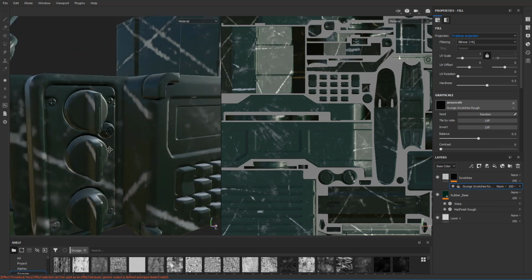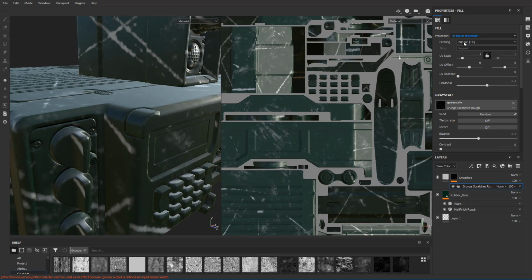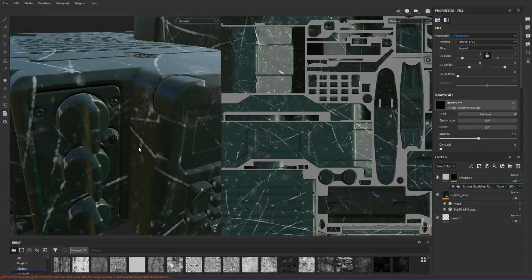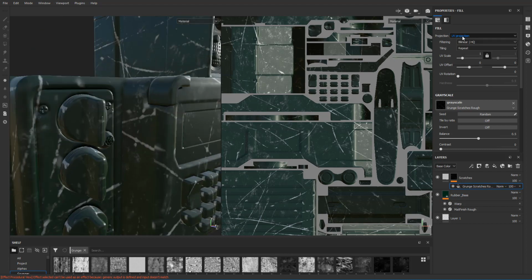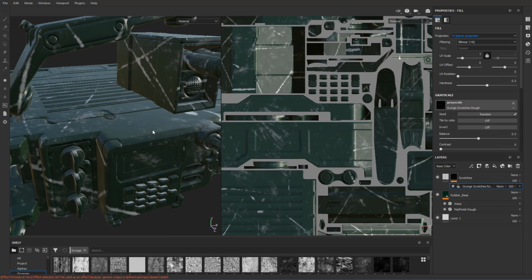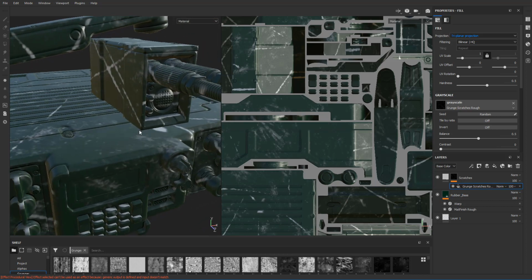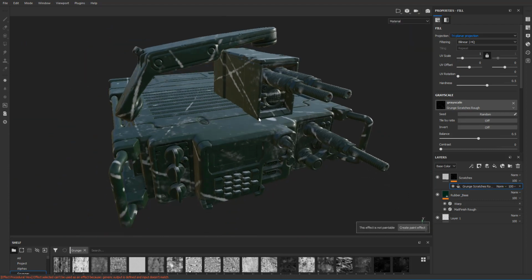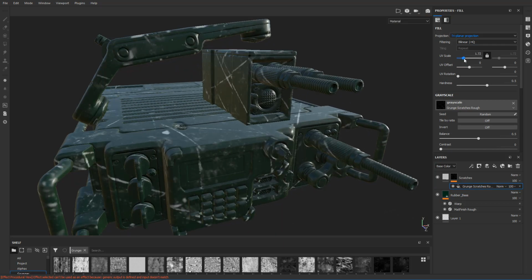Or this one here, but it definitely does a better job than using UV projection, which introduces seams at every UV seam, compared to the triplanar projection, which gets rid of some of those seams. Now, unfortunately, the scale is off a little bit right now, and we can modify that with the global UV scale. So if I press F2 to go into the viewport mode again and then mess with the UV scale,